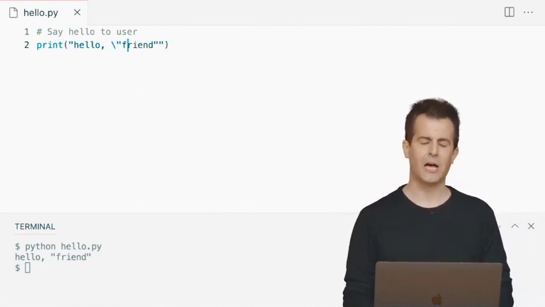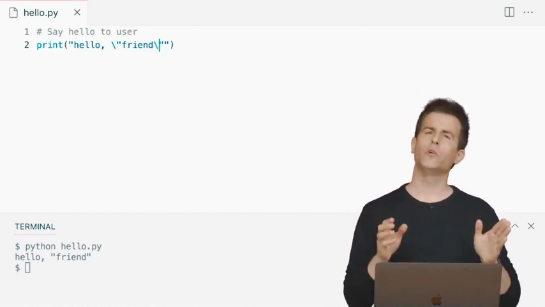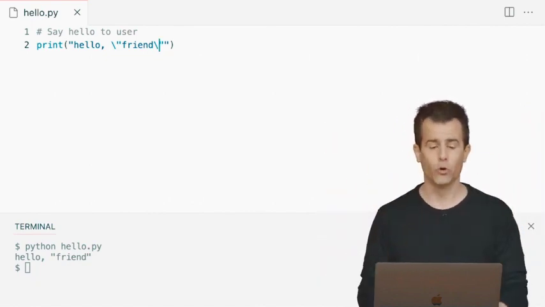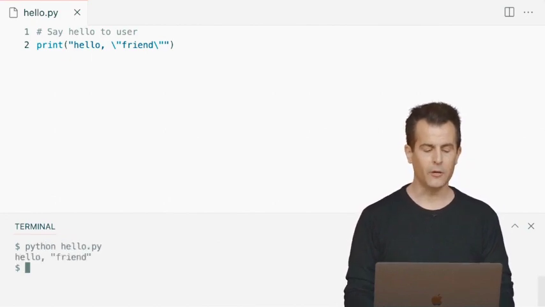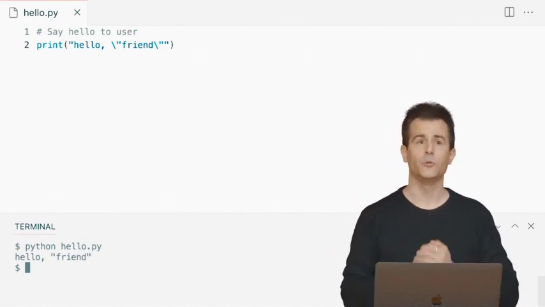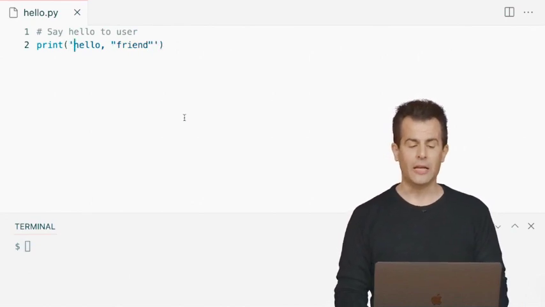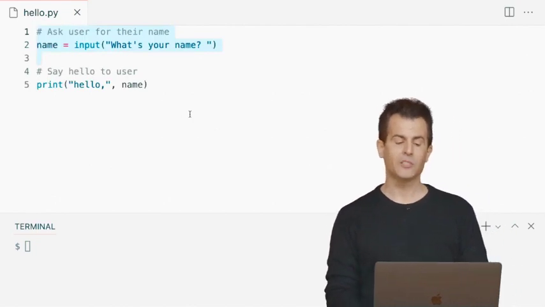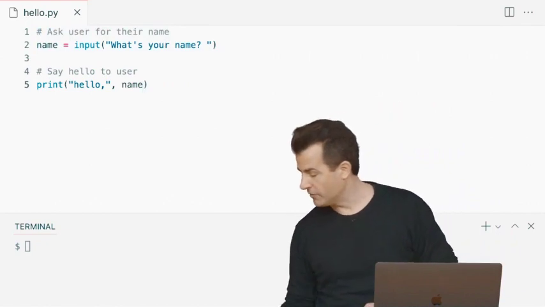So I can actually put backslashes in front of these inner double quotes so that the computer realizes, oh, wait a minute, those aren't quotes that finish or start the thought. They're literal quotes. So now let me go back to my terminal window, run Python of hello.py, enter, and now it's working as well. So escaping is a general technique that allows us to do that too. And if I may, let me rewind now on these examples and go back to where we left off with my code. I'm just undoing all of that because I want to get back to the point ultimately of specifying now a final way of solving this problem.